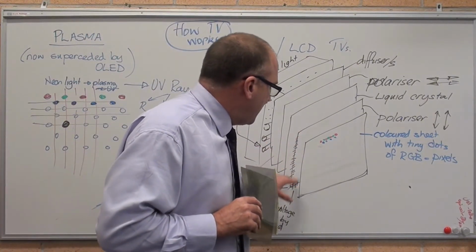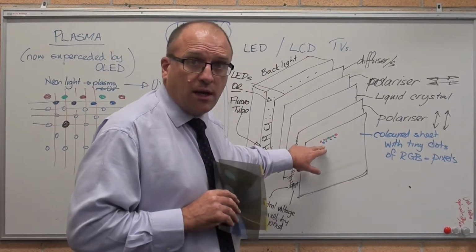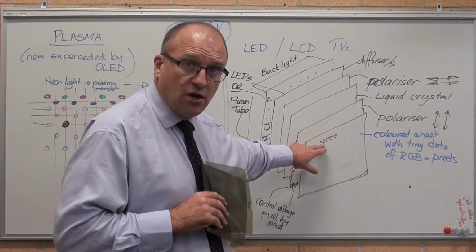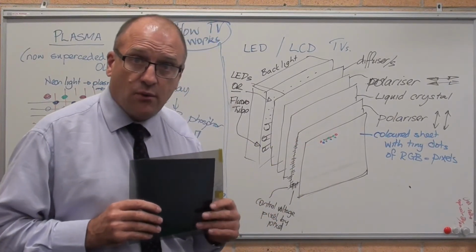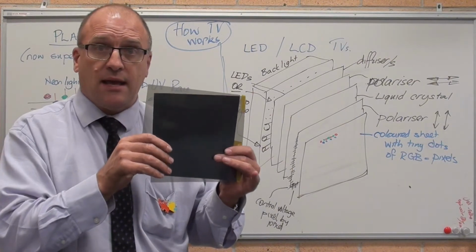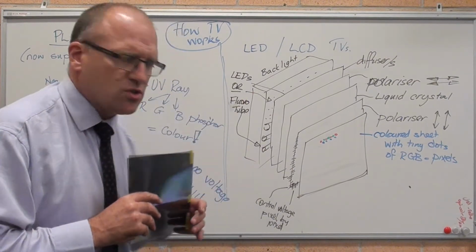So you control it pixel by pixel, and then if you want to light up all blue, you just basically turn on the liquid crystals behind all the blue dots and the light gets through. If you don't want any red or green, you just leave it so it's turning black. How liquid crystals work: